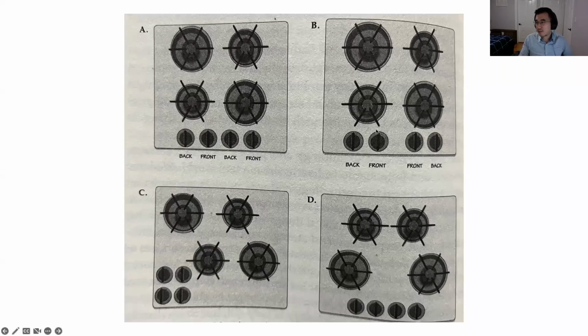This is a page I took from a design thinking book, and this is an example of different stove layouts that have been tried not only throughout the past few decades, but even to this day. If you ever stop and think about it, the layout affects how we interact with the object. And if you think it through for not too long, you can figure out an intuitive way to map it. But unfortunately, that's not done.